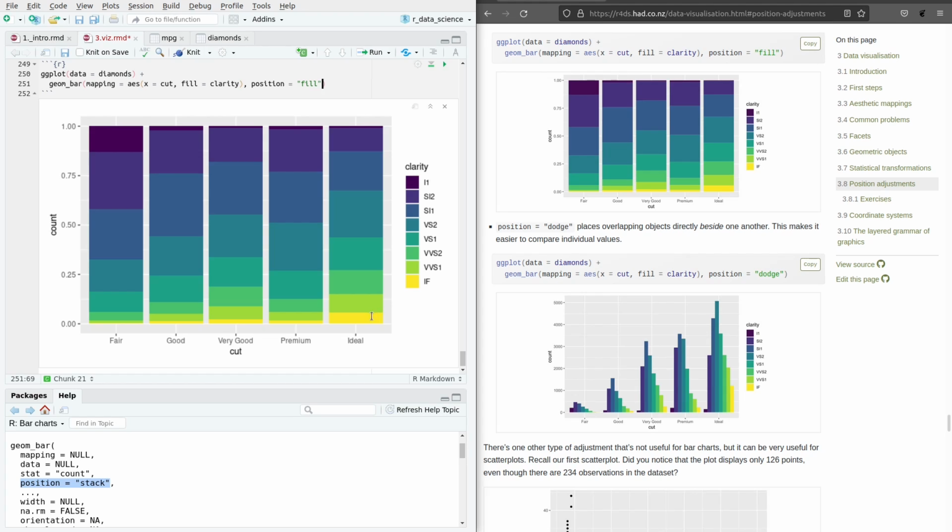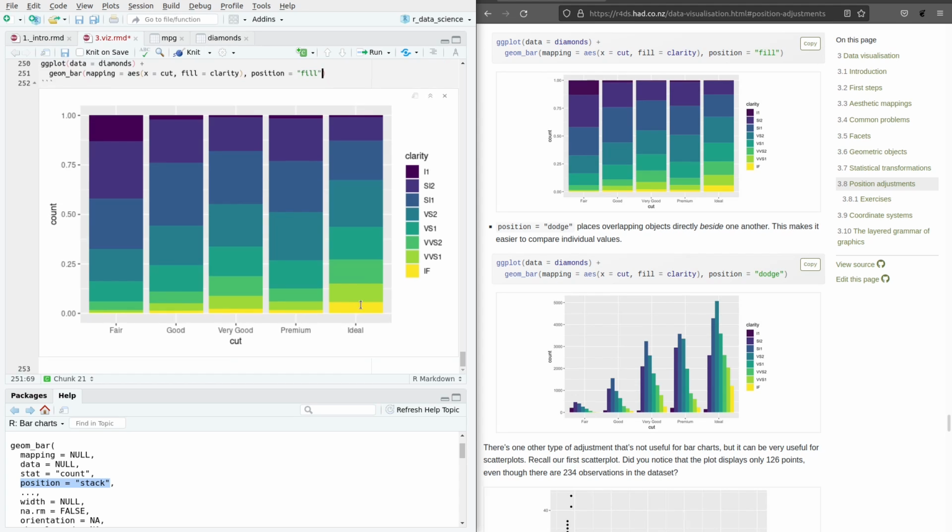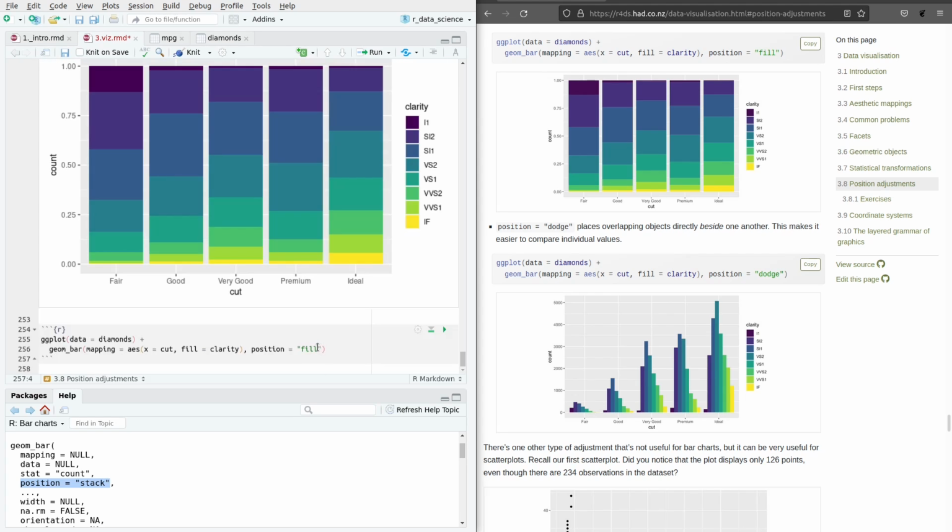Looking again at the same segment as we did before, the yellow one here with an ideal cut and an IF clarity, we can see that it makes up, let's say, around 5% of the ideally cut diamonds. This is especially useful if you want to show the distribution of different clarities in each of the different cuts. When we replace fill